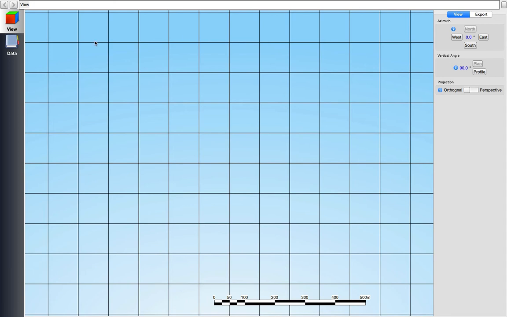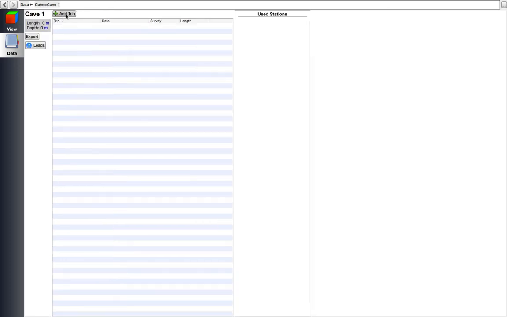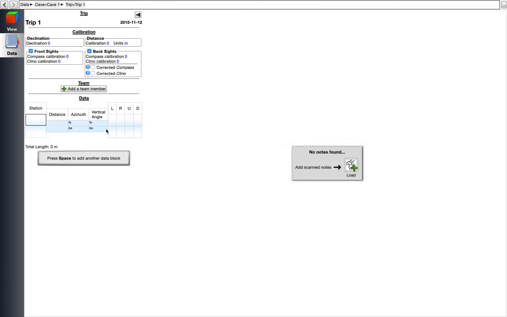The current version of Caveware does not support error handling inside of the survey editor. So I'm going to go ahead here and add a new cave and a new trip. I'm going to add some survey data